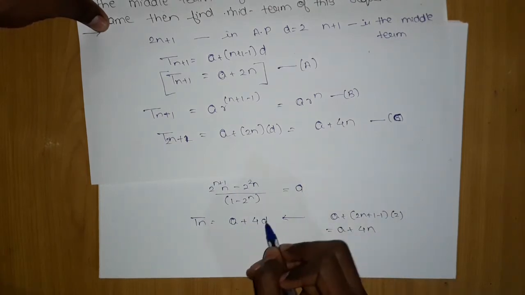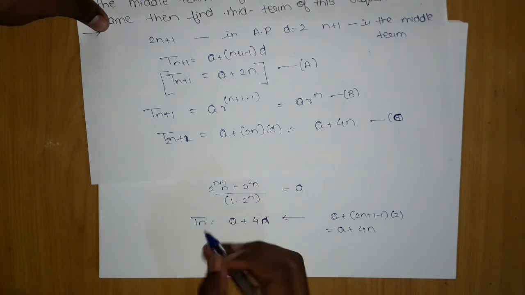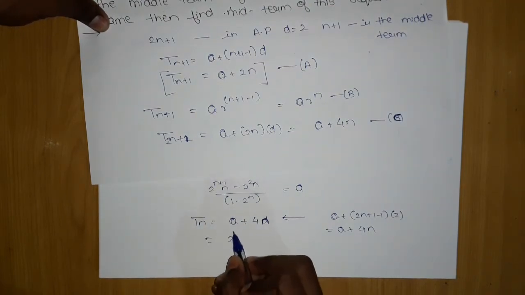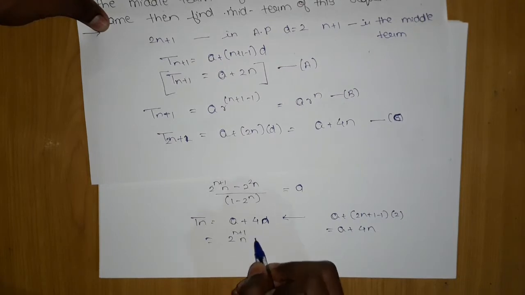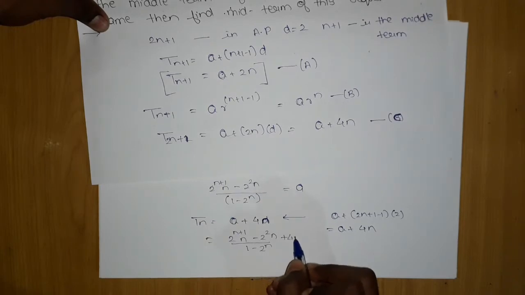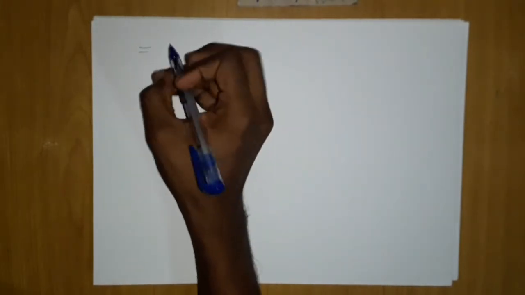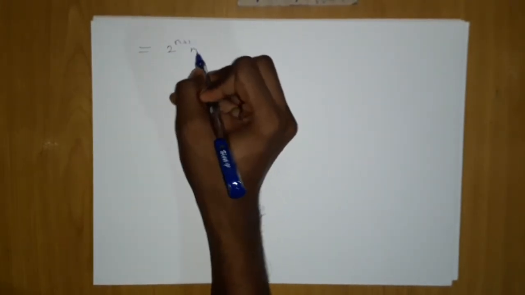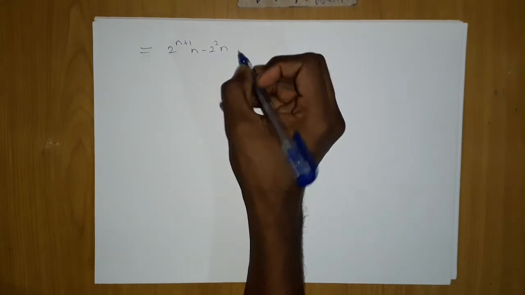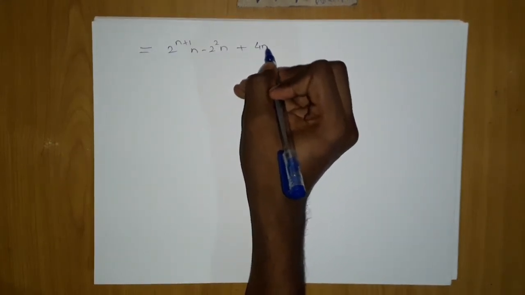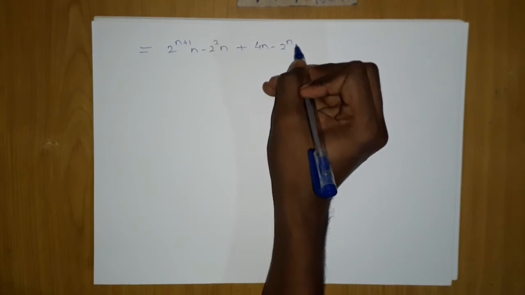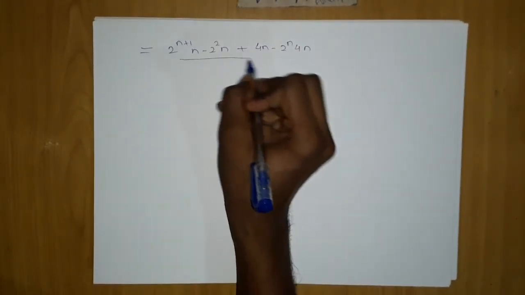Now I have 4n. I will put a value, which will give me 2n plus 1 into n into 2 to the power 2n upon 1 minus 2 to the power n plus 4n. Let me take the next page. So if I write this here, I get 2 to the power n plus 1 into n plus 2 to the power 2 into n. If I multiply this with this 4n minus 2 to the power n into 4n, upon what, 1 minus 2